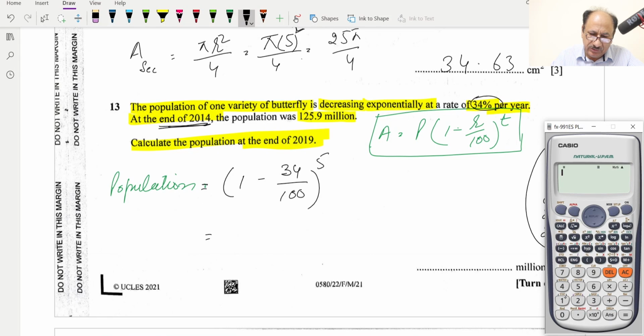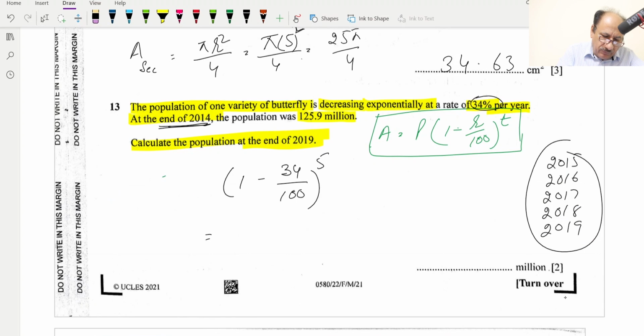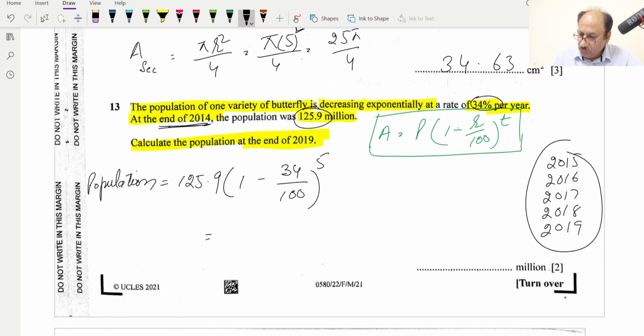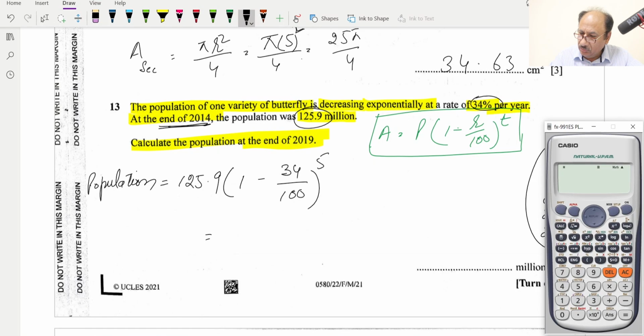basically we missed the principal amount. So we missed over here. I will add over here this one 125.9 million, and I will write here population like this one. So now we can calculate this 125.9, and this will be multiplied by 1 minus 34 over 100, and this will be raised to the power 5 is equal to